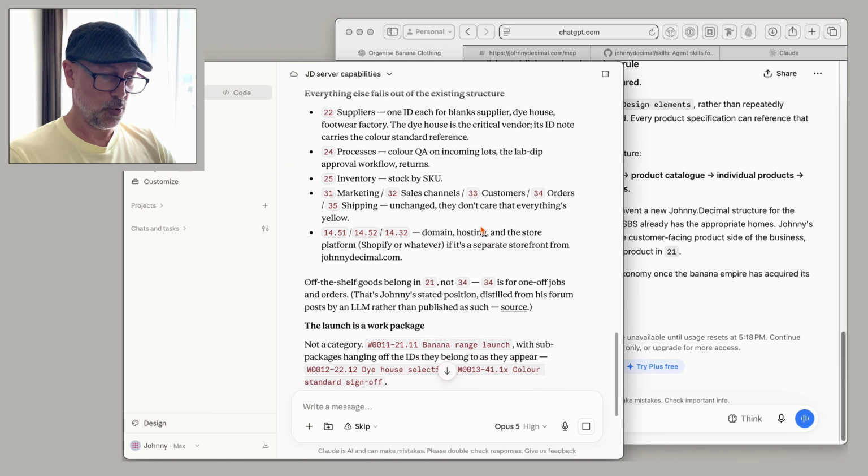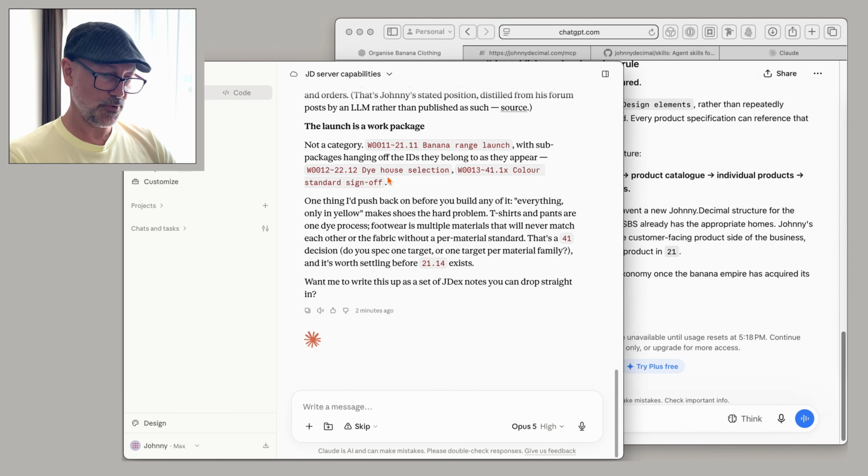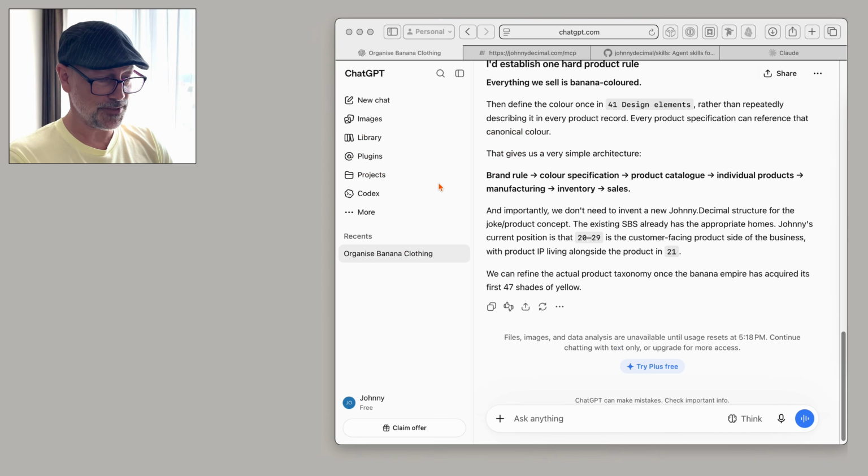It's read the small business system and is suggesting where you should put things. It's suggesting our new work packages for how you develop the work. So it's perfect. It's absolutely brilliant. The Johnny.Decimal system now has an MCP server, which means you can connect your AI to it, Claude, ChatGPT, whoever